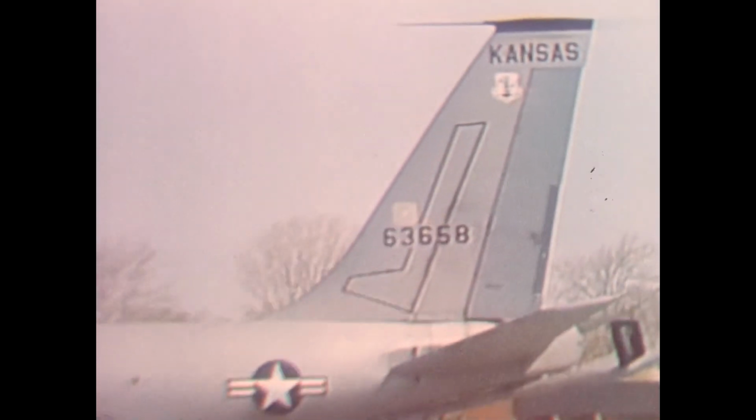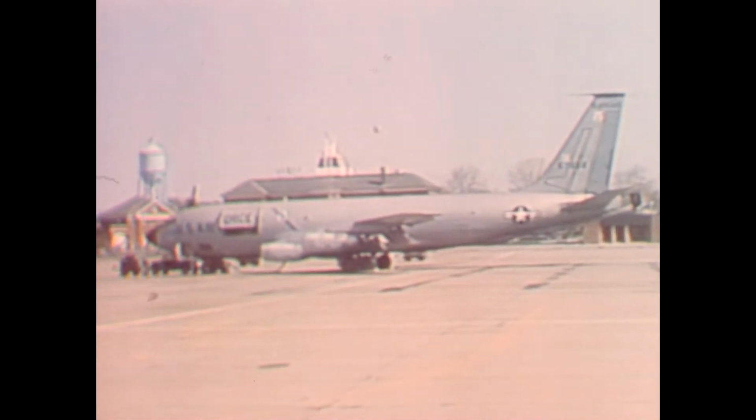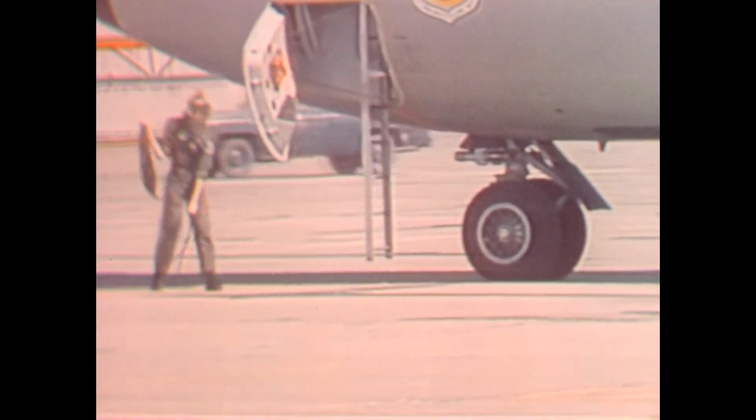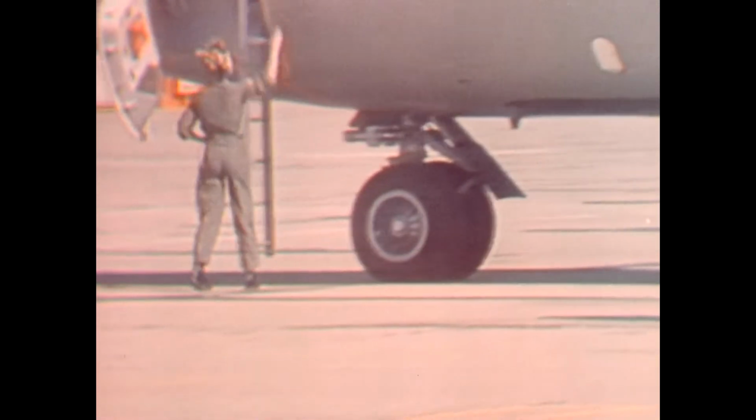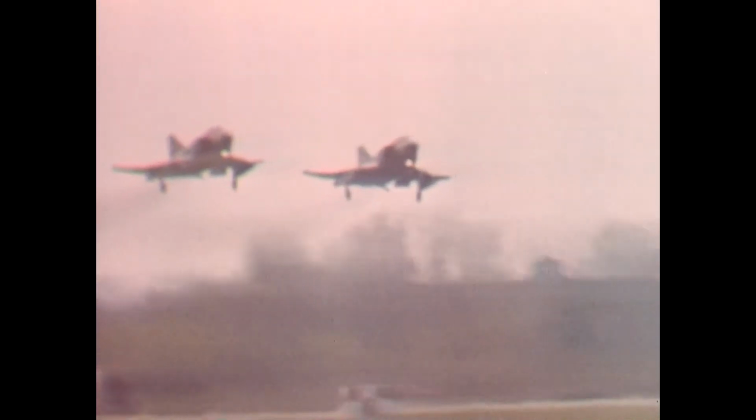Supporting our A-7Ds were the E-3A of the 552nd AWAC Wing at Tinker Air Force Base, Oklahoma, the KC-135 Stratotankers from the 190th Air Refueling Group at Forbes Air Force Base, Kansas, the 552nd Air Refueling Wing from March Air Force Base, California, the 128th Air Refueling Group from Milwaukee, Wisconsin, the F-4C Phantoms from the 465th TAC Fighter Squadron at Tinker Air Force Base, Oklahoma,